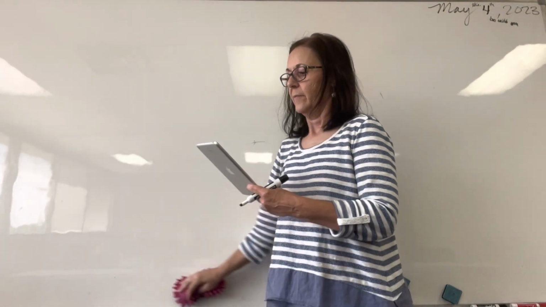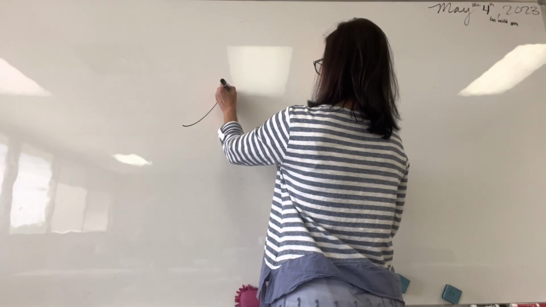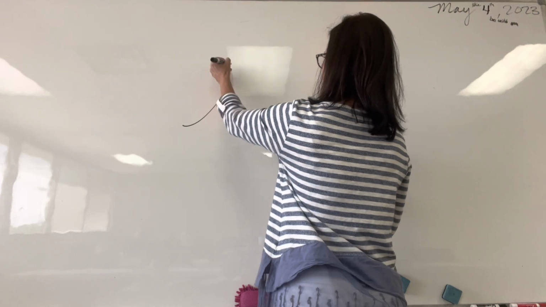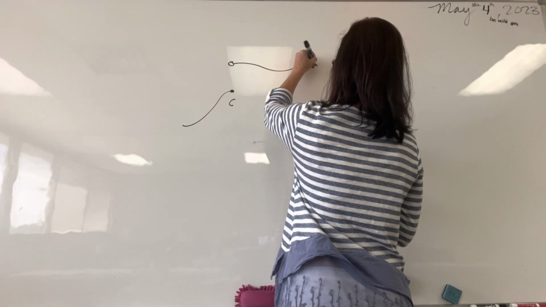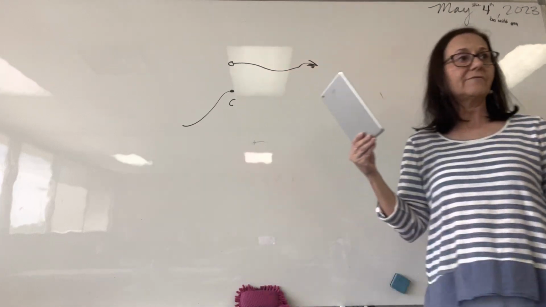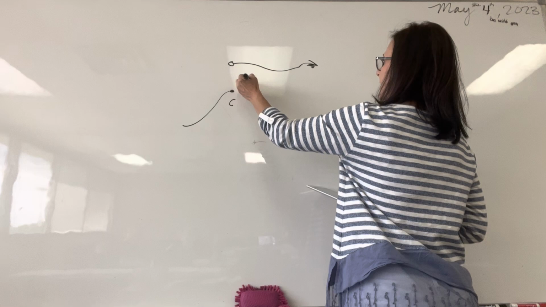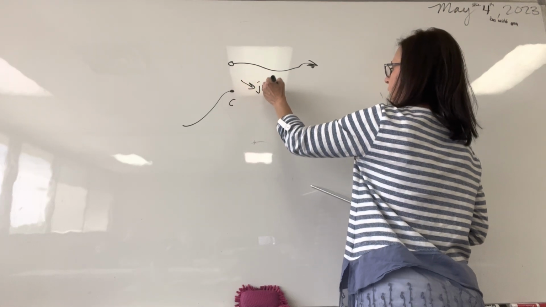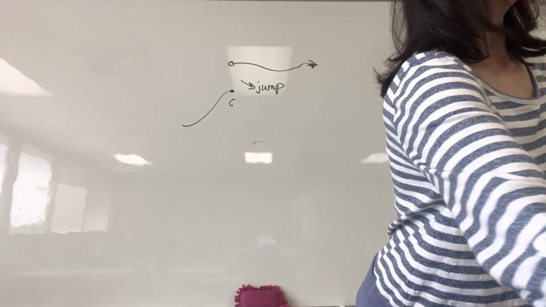All right. B, here's C. It is not continuous, right, at C because I have to lift up my pencil. This is called a jump in the graph. When there's a jump in the graph,